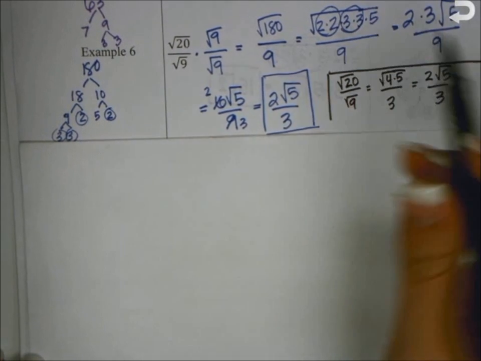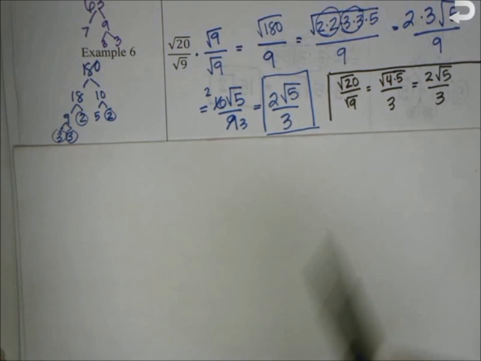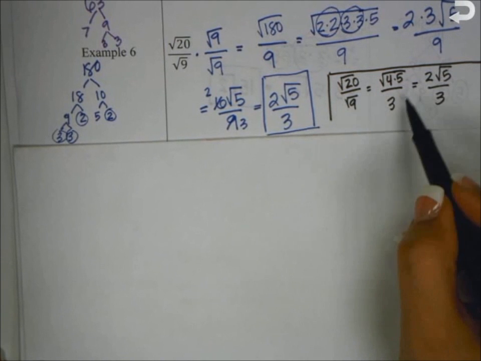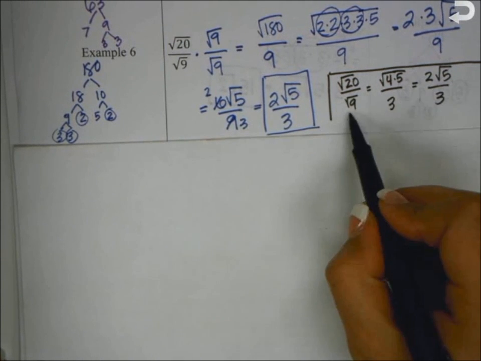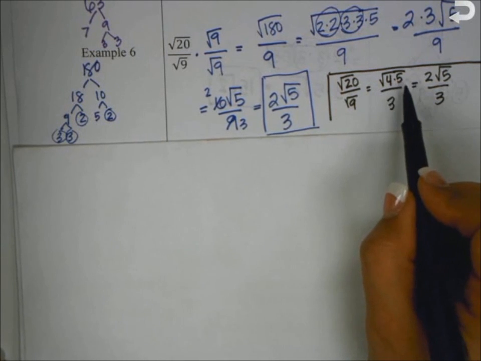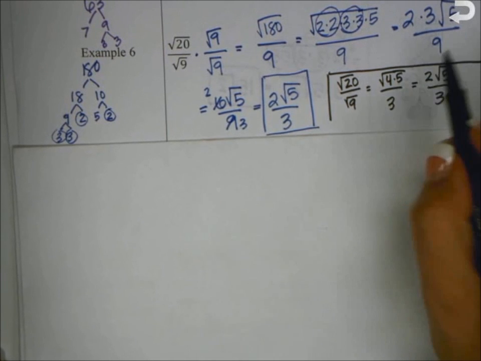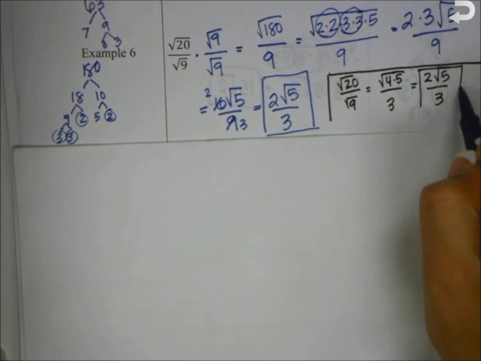Okay? So we simplified the whole thing before we even started multiplying. The square root of 9 is 3. 20 can break down to 4 times 5. And what's the square root of 4? 2. You get the same answer if you simplify first. So now we're